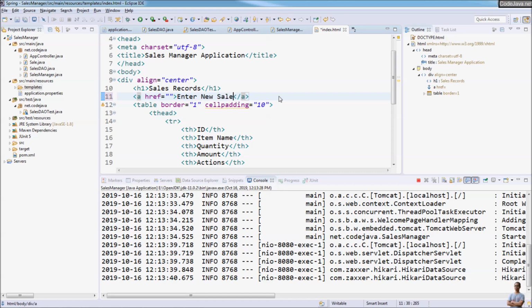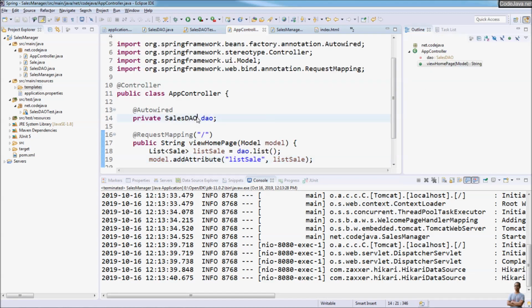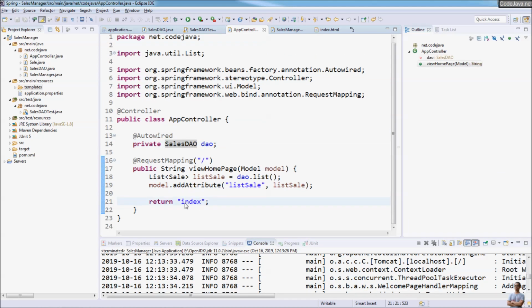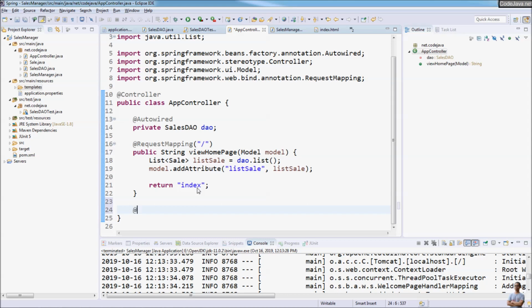Enter new cell, and the URL is /new, which is relative to the application context root. And in the controller class, we need to write a new handler method to handle this relative URL. Here, the second handler method, request mapping